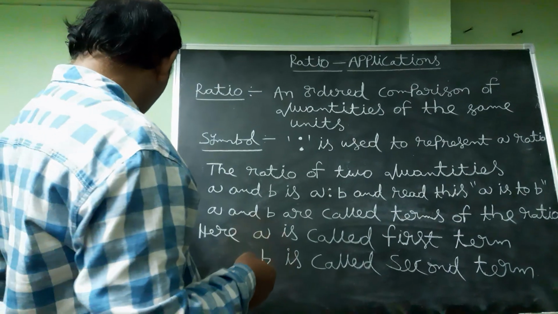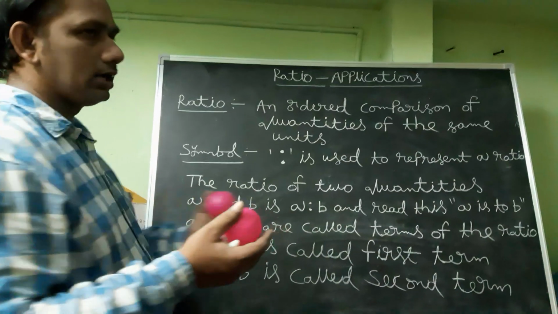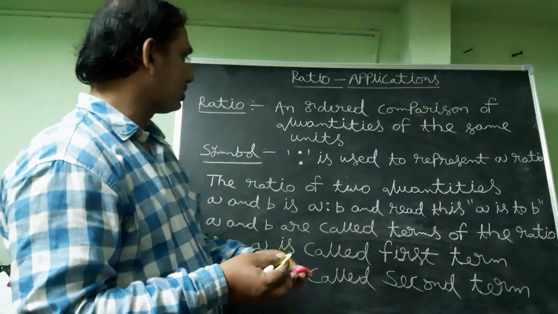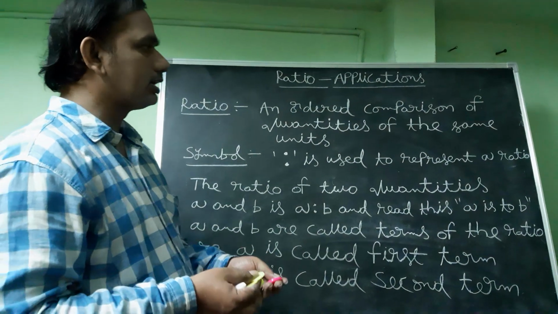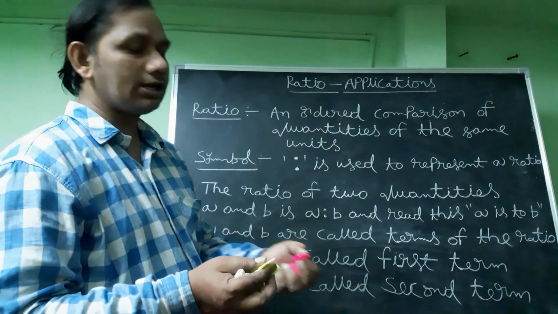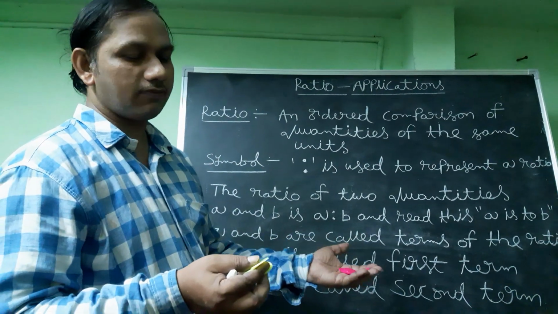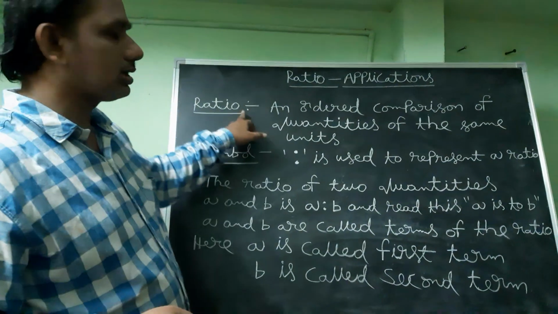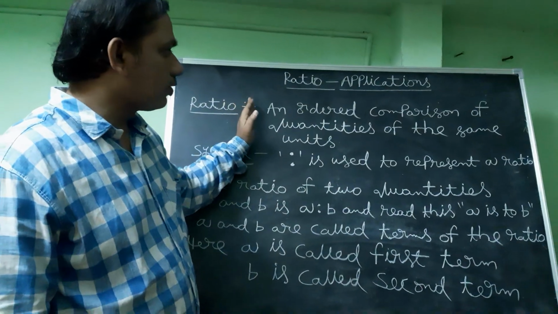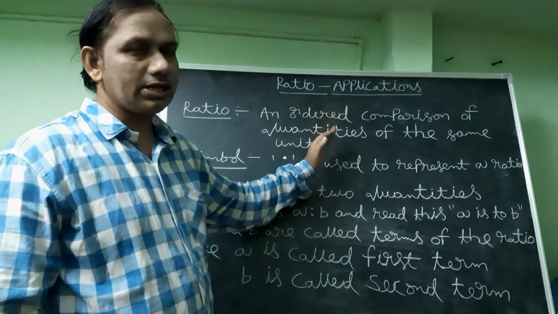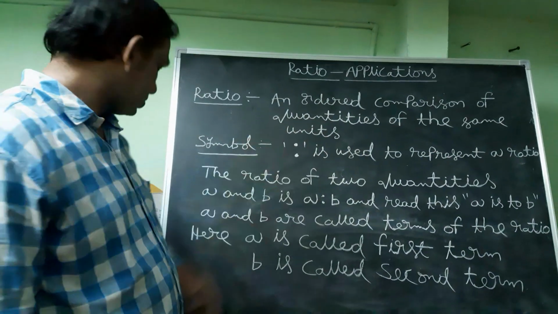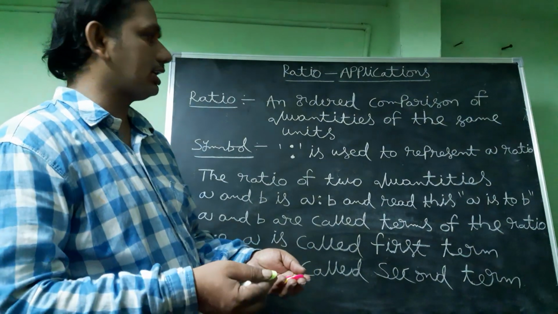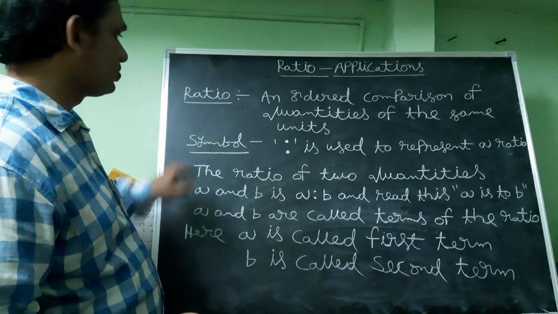That means now we have compared the balls and next coins. These are same quantities, that means same units, comparison of quantities. Quantities means different quantities. Pink coins are 4 and green coins are 3. So this comparison is called ratio. So ratio means comparison of quantities of the same units. Here we compare the same coins but different quantities.